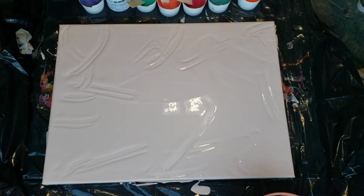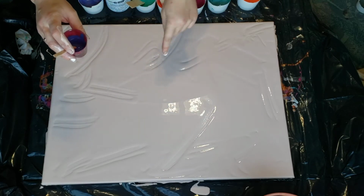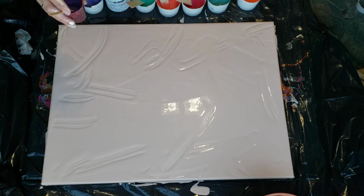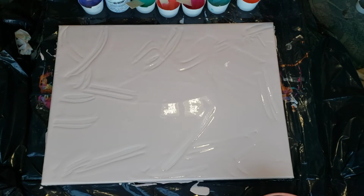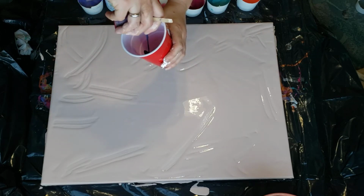I am going to add the blue first because I want him to come out last. I do want to have that little bit of dark in the middle. So I think this is going to be my... Do I want to have that? Oh my goodness gracious. I do not know anymore. You know what? I'm just going to go for it. So